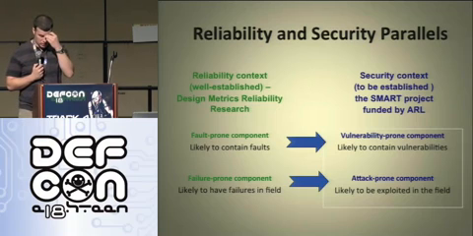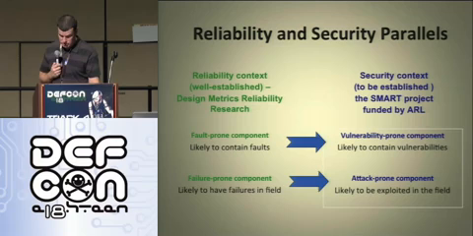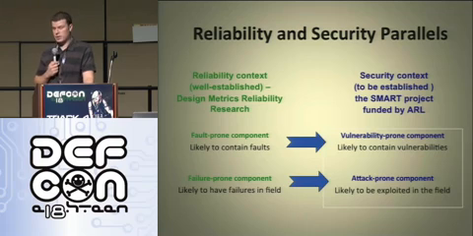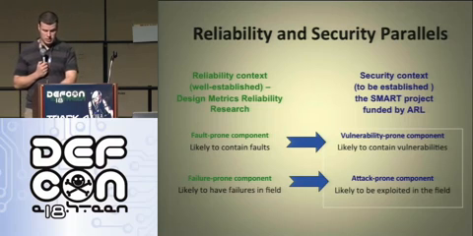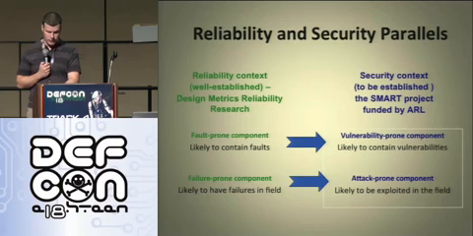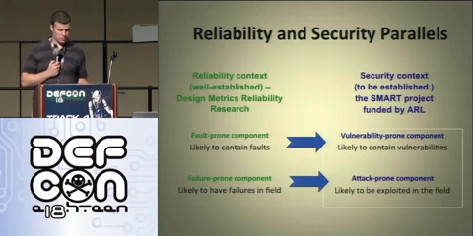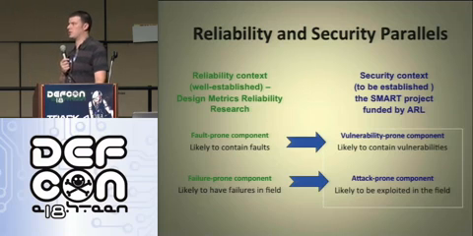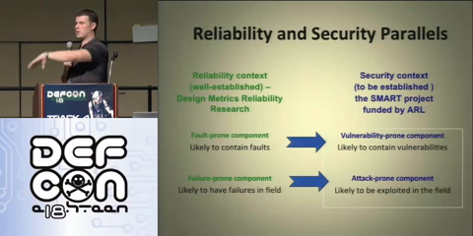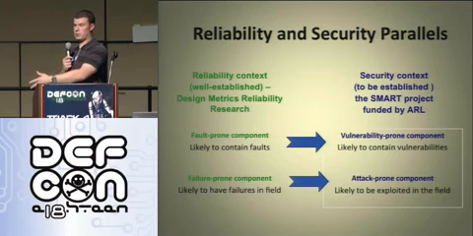When we did an analysis on a large commercial telecommunications system, we found that the presence of security faults did correlate strongly with the presence of the general category of reliability faults. We saw that before this project, and that really led us to believe that we can use these metrics that have been used for reliability, and that our error-prone modules are most likely going to be vulnerability-prone.